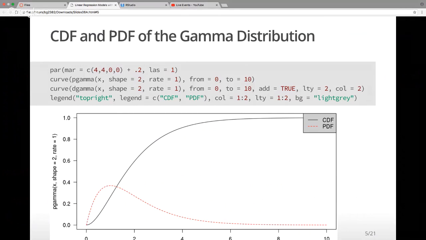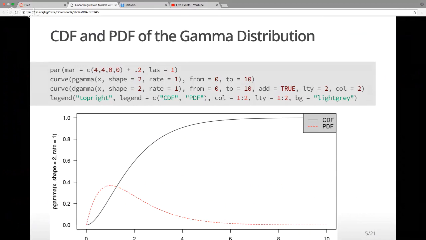rate of 1. You will also see the gamma distribution parameterized in terms of a shape parameter and a scale parameter. That, honestly, I find more useful, but it's not the way most software does it. In any event, the scale is equal to 1 over the rate. So if the rate is 1, that's equivalent to saying that the scale is 1. So here we have a plot. In the black line, we have